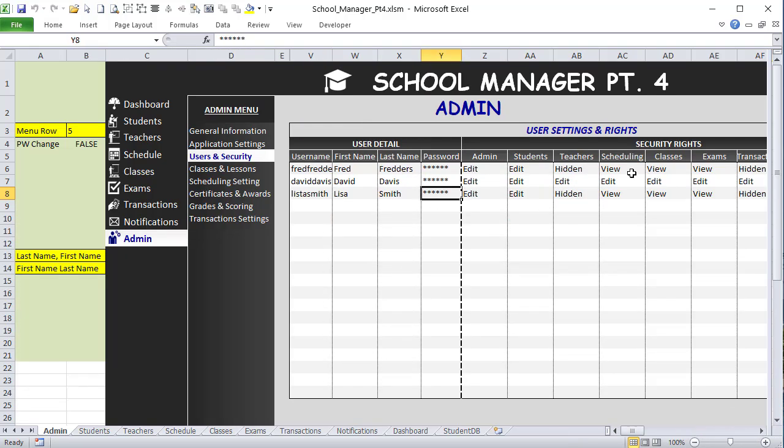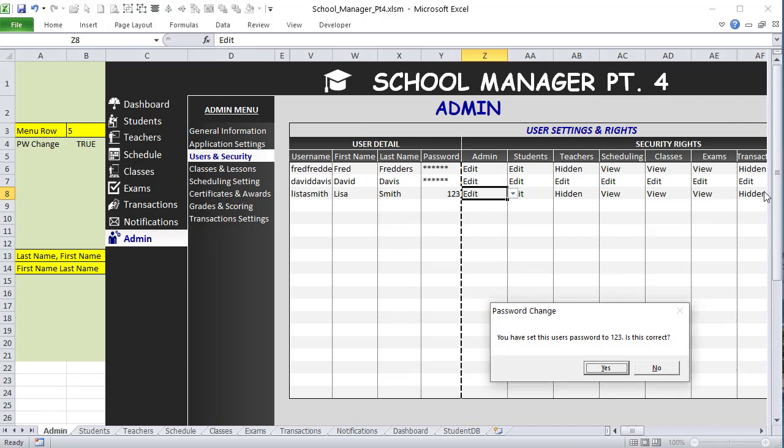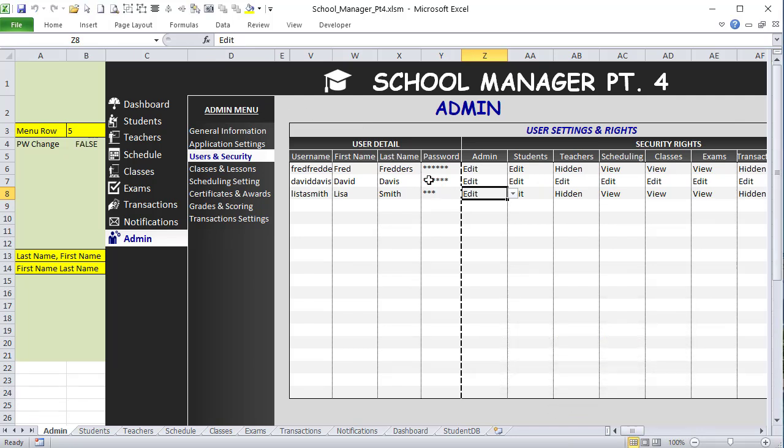We've got the asterisks numbered. Let's change it to 1, 2, 3. Do we want to change the password? Yes. It's going to go to 3 asterisks. That's exactly what I want. Okay, cool. I've just shown you how you can add and enter passwords and hide them accordingly, because we're going